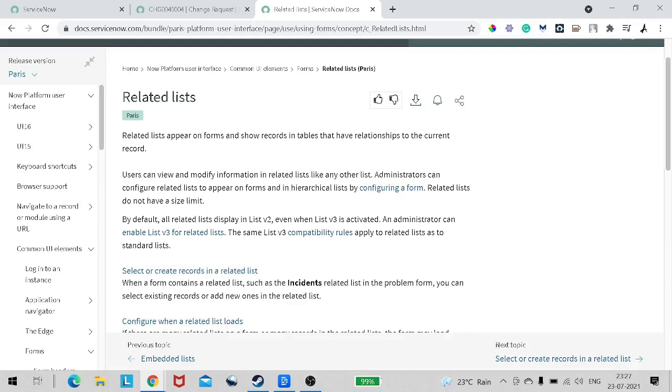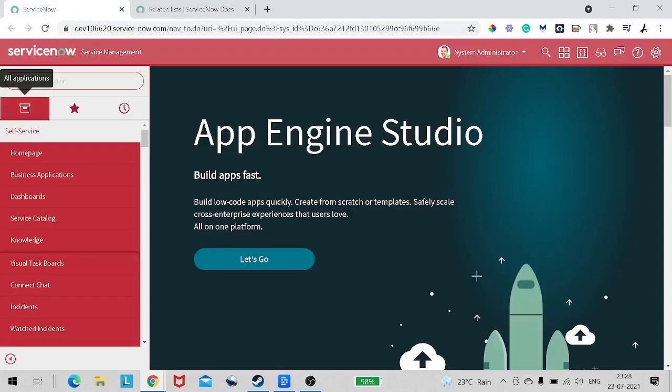So in today's tutorial we will first understand what a related list is, then we will see how it looks on the form, then we will see how we can create a custom relationship based on our requirements. First of all, we got the definition from the ServiceNow docs of what exactly the related list is. Now let's go on